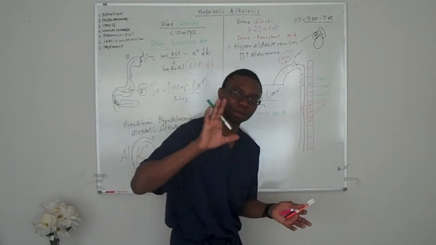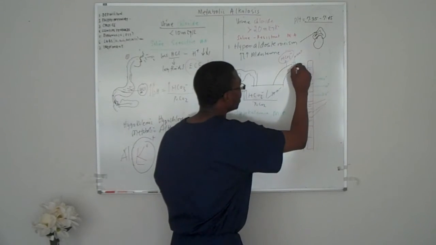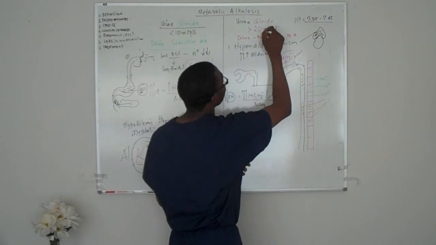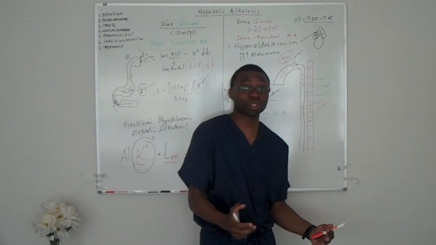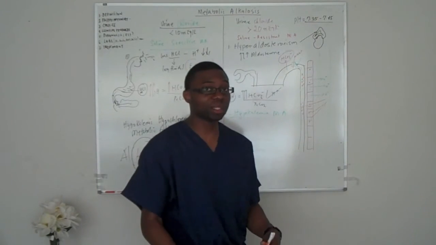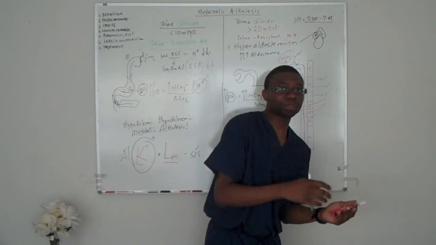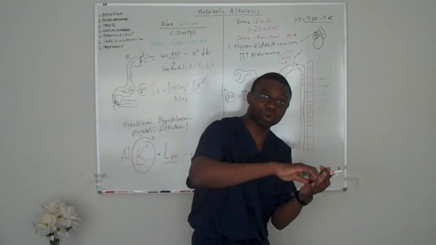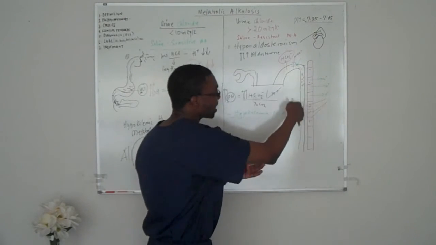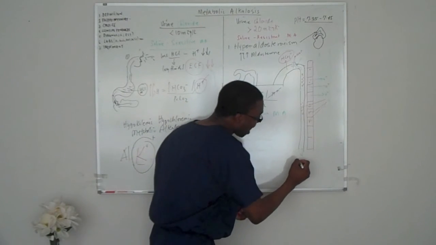But in this case, we're also going to be losing a lot of chloride. A lot of chloride is going to be pumped out from the tubules, and that's what's going to cause your urine chloride to be very, very high. Because you can only retain the sodium, you lose a lot of chloride. Remember, normally sodium chloride should be reabsorbed, but because you're making way too much aldosterone, you can only reabsorb so much chloride, so eventually you're going to be losing it back into the urine, and you start to pee it out.